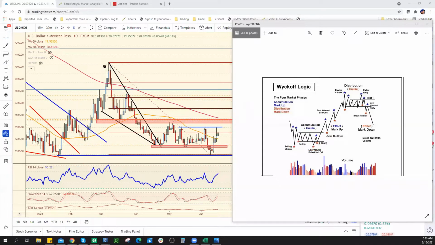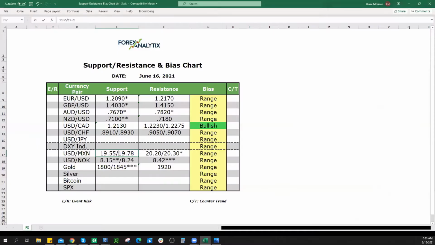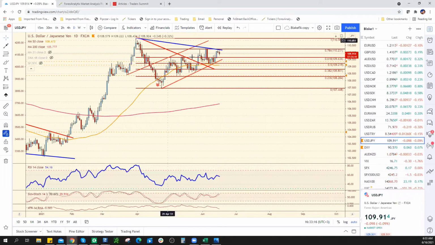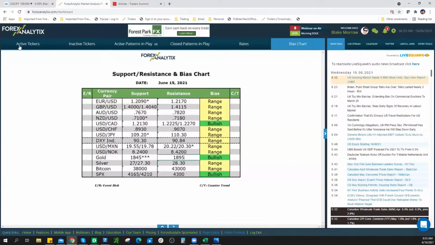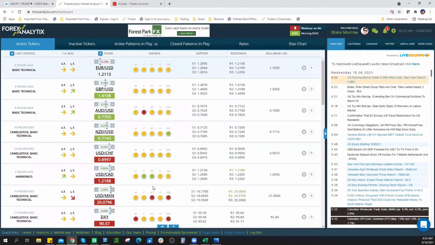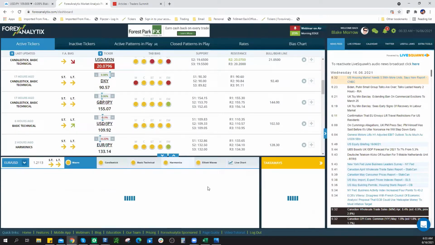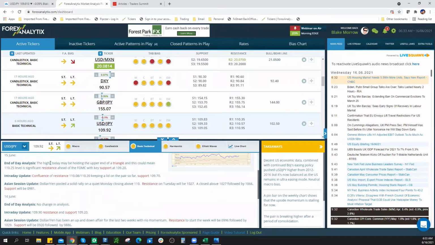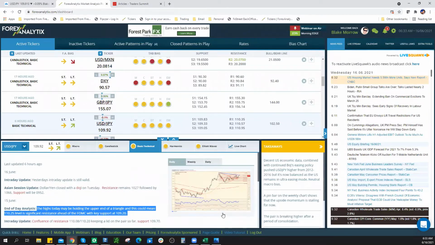Okay. Where am I at? And then I got to let Steve and Stelios take over here. Dollar yen. Triangle setting up. It did hold overnight. I dropped this trend line down here yesterday. You can see in the basic technical analysis last night. You guys all know that I update every evening the end of day analysis. That's typically me, right? Unless I happen to be traveling.